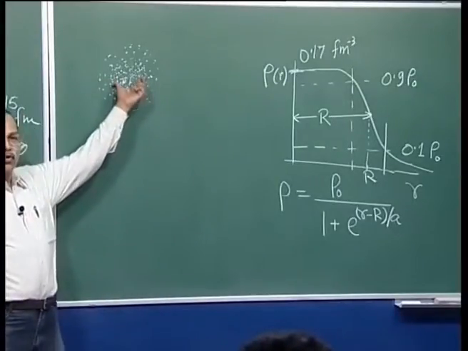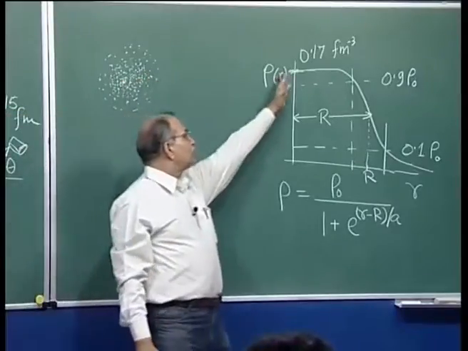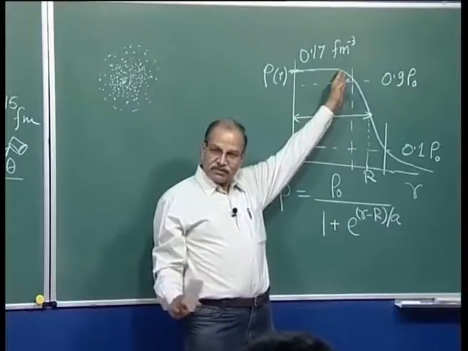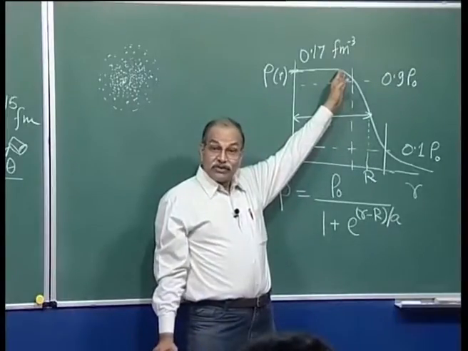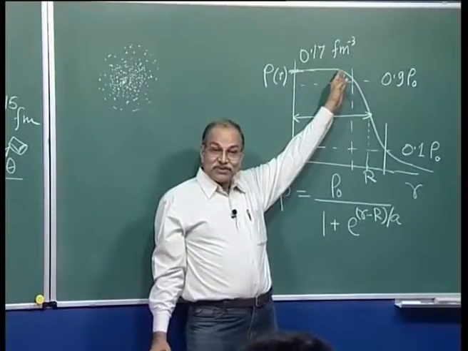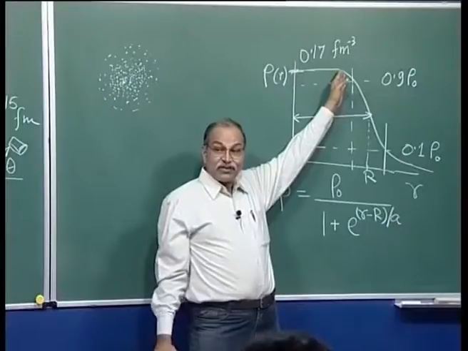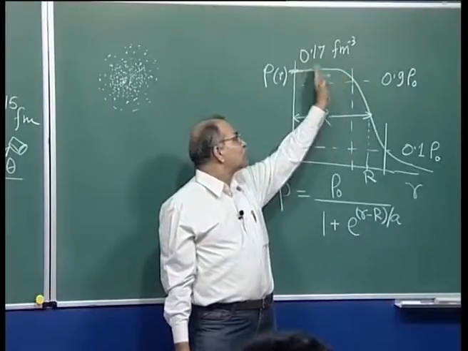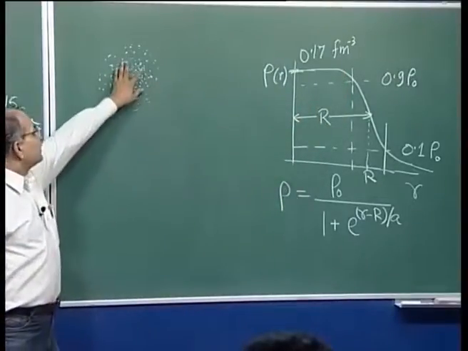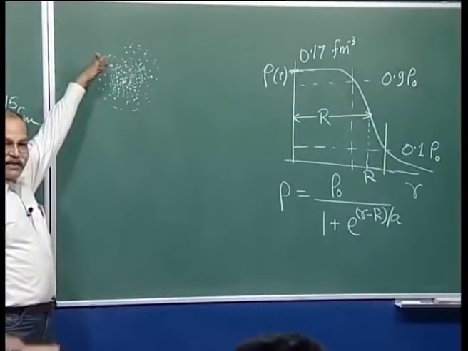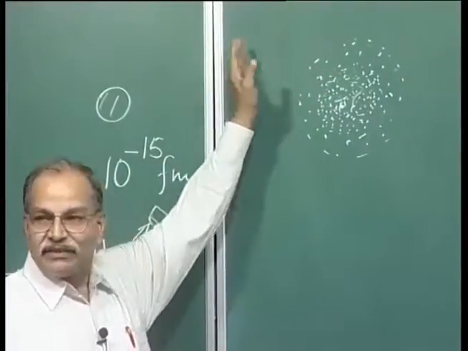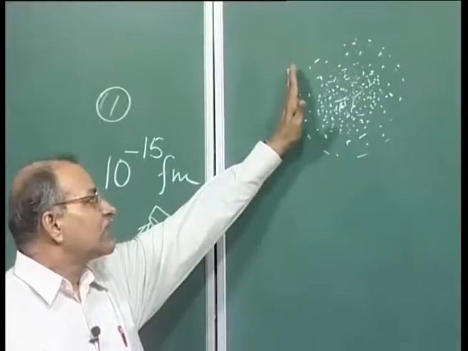So, the central core, say from here to here, has the same number of nucleons. Nucleon, you understand? Proton or neutron, collectively they are called nucleons. So, the number of nucleons per unit volume is almost the same up to some distance, and after that it will gradually decrease per unit volume, and then finally all the nucleons will be confined to some volume.